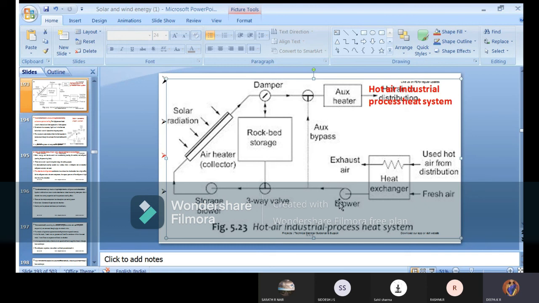Okay, a blower is there and a three-way valve, storage blower, and we have a collector, that is the solar radiation collector, and a damper, which works like a variac in a transformer. You can see the connection between the damper and the rock bed storage is bidirectional. Bidirectional means you can charge it and you can take it off, and that will be taken to the auxiliary heater, where you have a bypass system. The damper and auxiliary heater will be taken care of, and that is given to the distribution. So finally, whatever you do combinedly, the output will be given from the auxiliary heater to the distribution center.